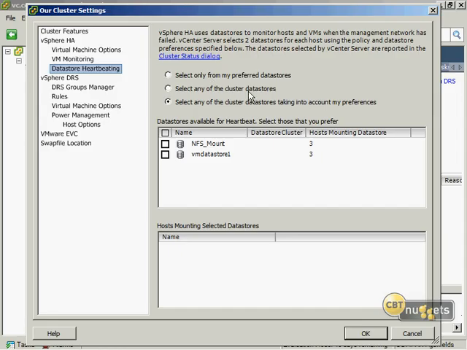Or I can select any cluster data stores or from preferred data stores here. Generally, you might just leave this to itself. It will choose a data store of the ones that are available that it thinks is best. The one thing you got to be careful of,